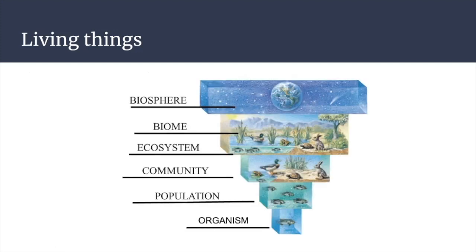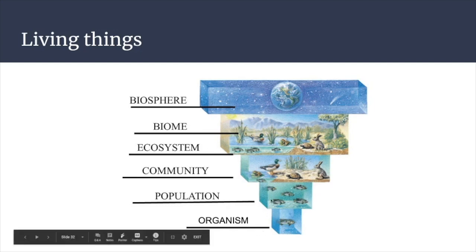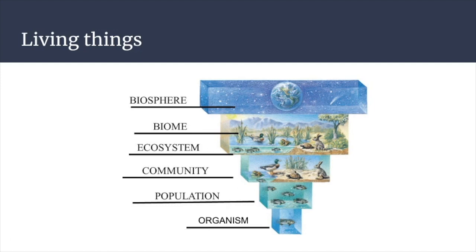So here's kind of a picture showing, right? We have an organism, just a single fish. An organism is one single fish. A population could be all of those fish in this one pond. Community, I don't really like this picture for community because they got water and soil. So this is really kind of an ecosystem, right?